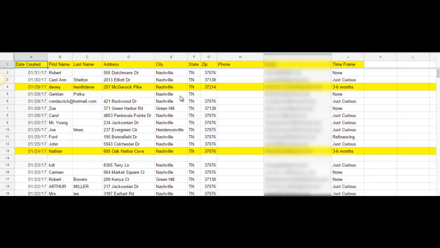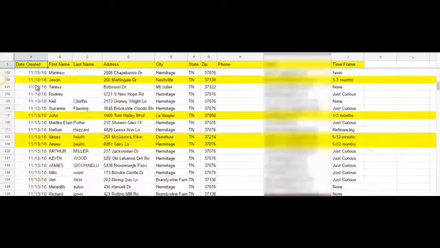So this is an Excel spreadsheet that we teach our students to use to manage their leads. You can use a contact management system. You can use an Excel spreadsheet. There are different methods that you can use. But in this particular case, we've got them on an Excel spreadsheet. And you can tell that